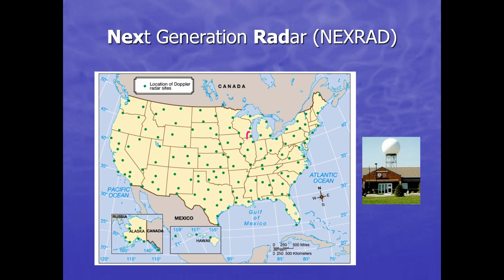The next closest would be up in Milwaukee. We have one out in the Quad Cities and down near Springfield, Illinois at the Lincoln National Weather Service office. You can see they're widely scattered around the U.S. and the reason for that, why not just put one giant radar in Kansas and have it send out energy